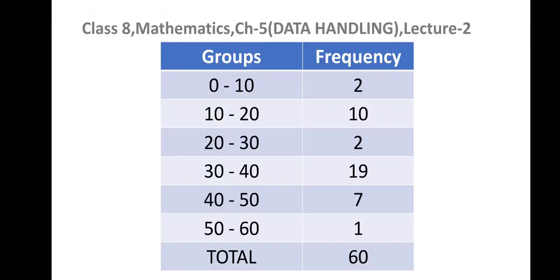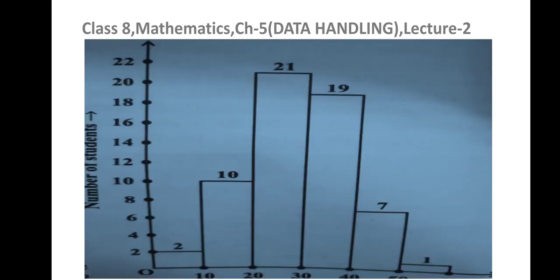Now this is the frequency table for the grouped data. While making a histogram, we are not supposed to show tally marks. If it is asked for a grouped frequency distribution table, then you need to show the tally marks. Otherwise, you need to make the groups, group the observations and then show the frequency directly, like I have done here. And this is an example of a histogram.